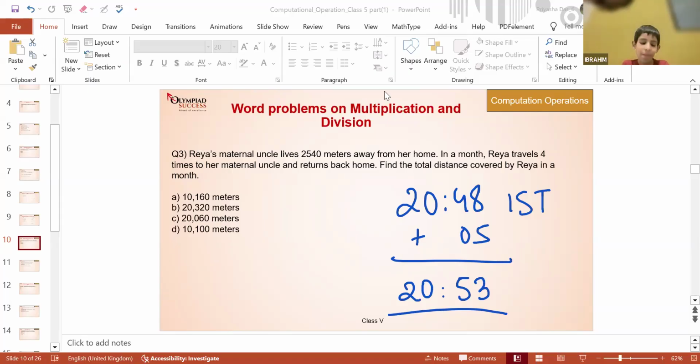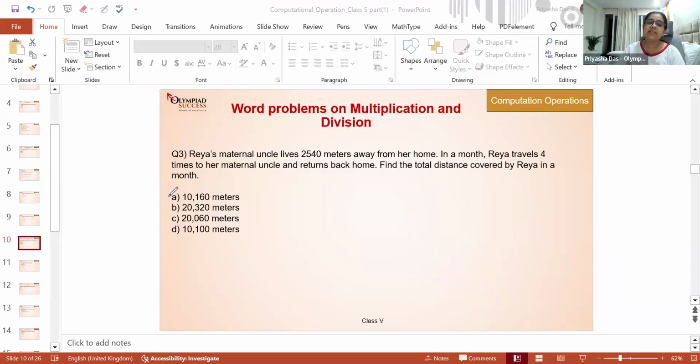Yes, ma'am. So, Ibrahim will tell us what is the mistake which people might have done who are answering option A as the answer. What is the mistake, Ibrahim? Those who are saying option A is right? They will not have read returns back home. They will not have multiplied 4 by 2. Exactly. Thank you, Ibrahim. So that is the interesting part of the question, everyone.